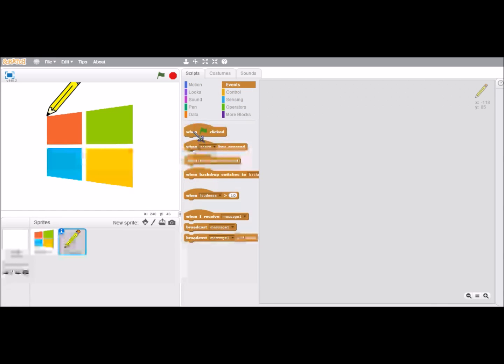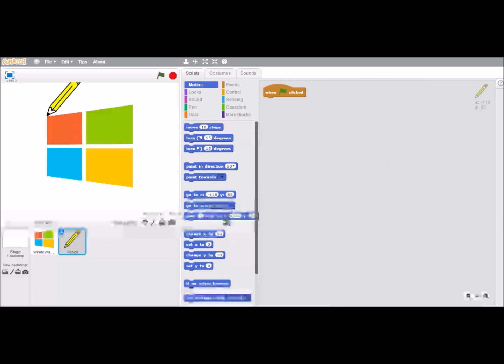Now, put in when flag is clicked, and I'm going to do a lot of cleaning up so everything looks organized. You don't have to do that yourself, but it makes everything neater. And then we're going to put in